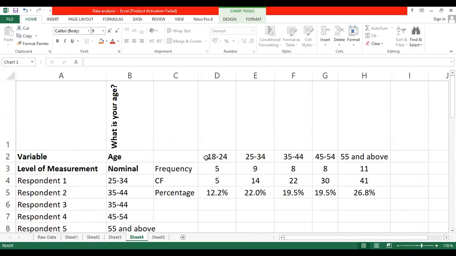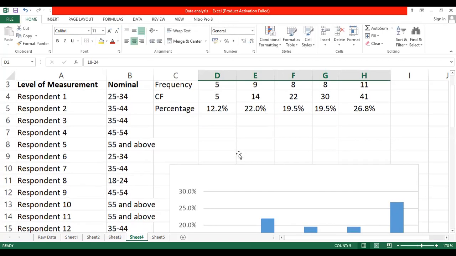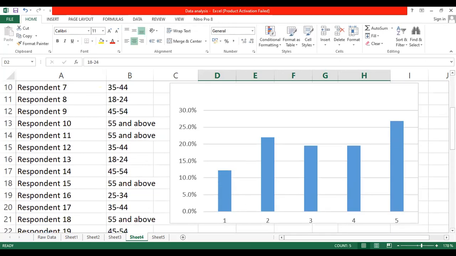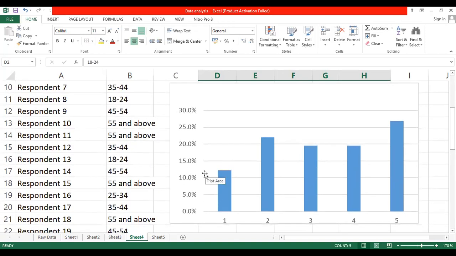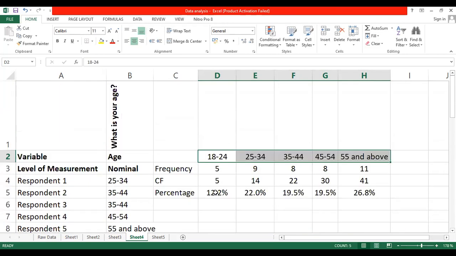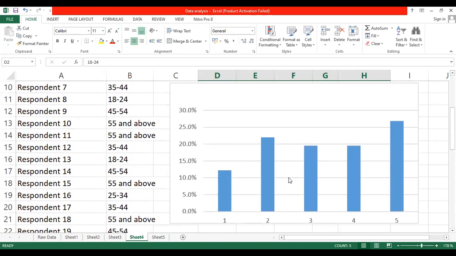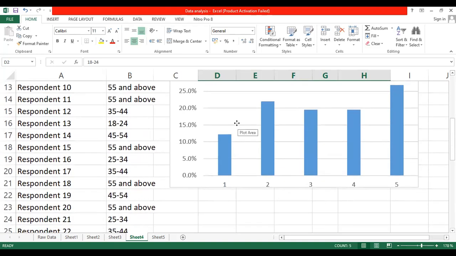Our data was categorized in years from 18 to 24, 25 to 34, 45 to 54, and 55 and above. So I now want to put that information here, because on the vertical side, what you are seeing are the percentages. So what I'm going to do now is right click on the